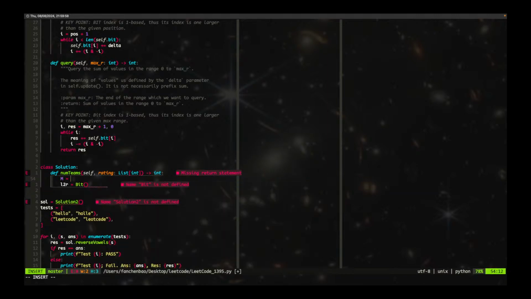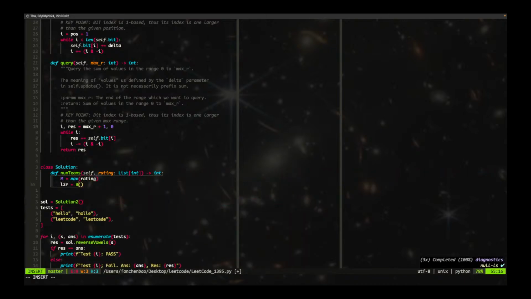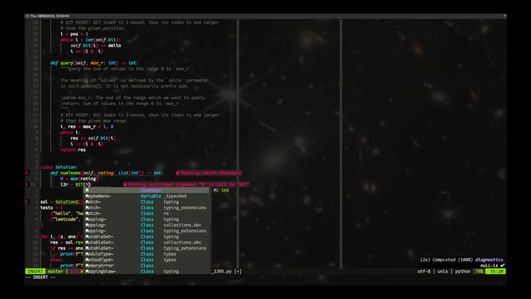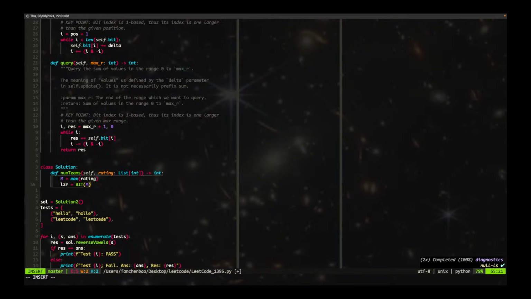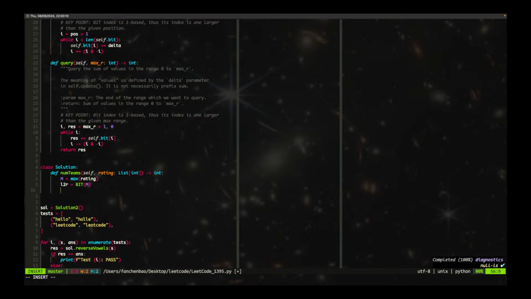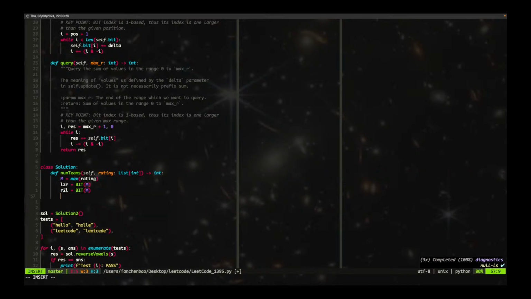M shall equal to max rating. I think that's right, because we have a max value. That was the range. Right to left is also BIT. Okay. Then we should say